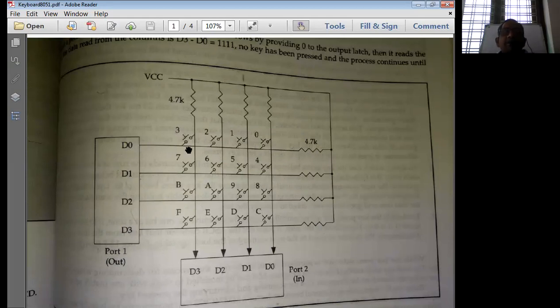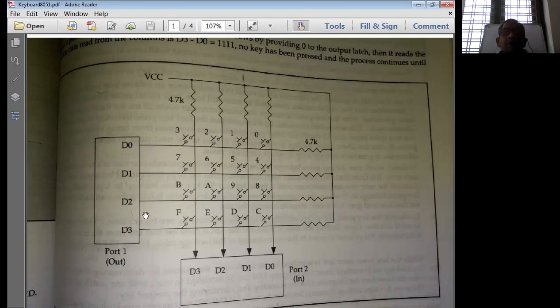Now this is the matrix. All these elements 1, 2, 3, 4 are considered the elements of the matrix. That means these are all the keys. Whenever a key is pressed here, that key has to be stored in the microcontroller. For example, if I press 2, this 2 has to be stored in the microcontroller. If I press 0, 0 has to be stored in the microcontroller. If I press E, E has to be stored in the microcontroller.